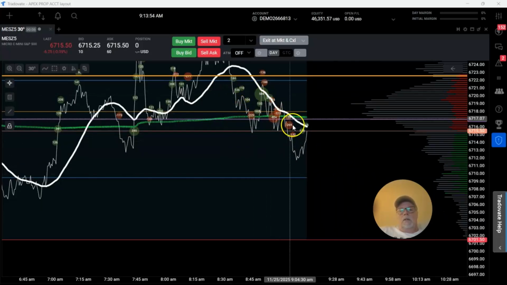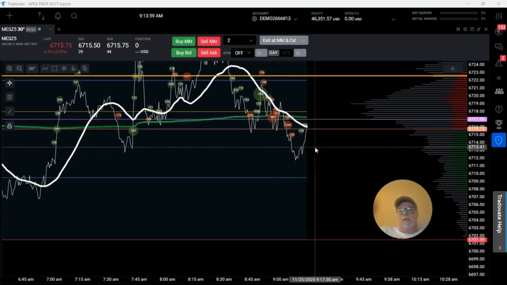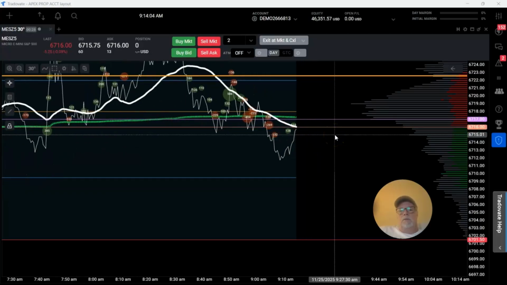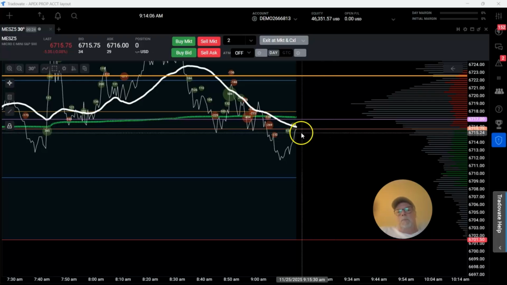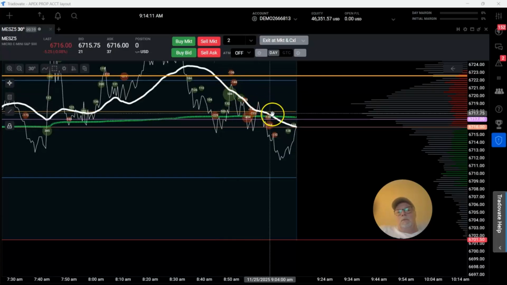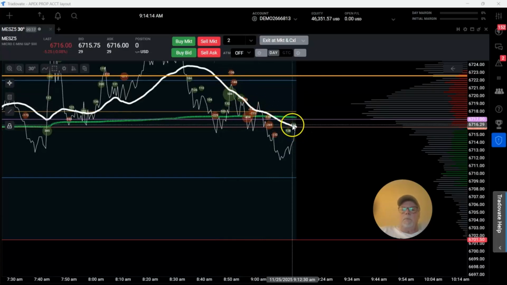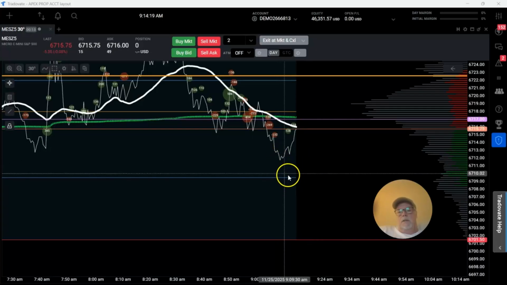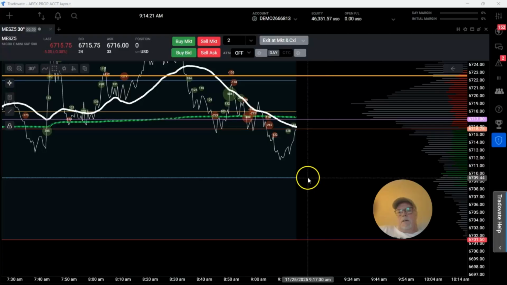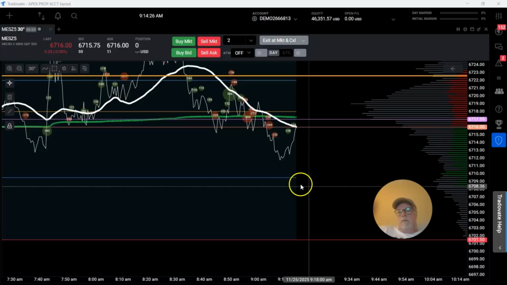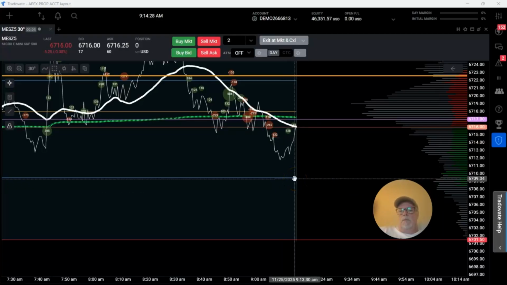You don't really see any aggressive bubbles here. Maybe a little, but they're small. See if we respect this line like we have been coming down. I would like to see it drive down here. I thought this was going to drive on down here. I was going to maybe take a long down here at this high volume node here, but